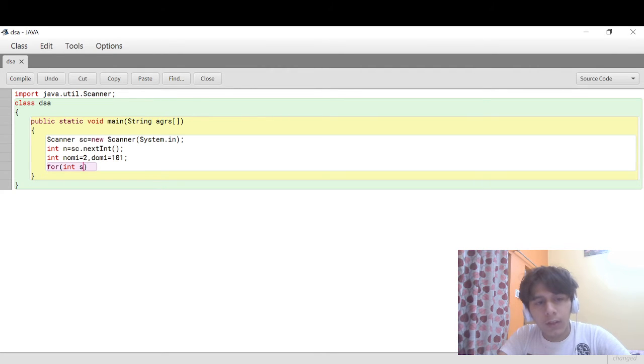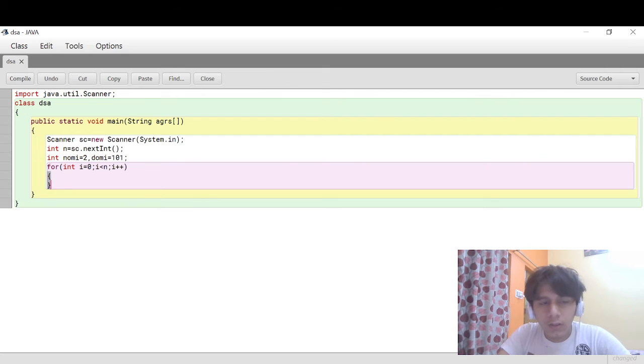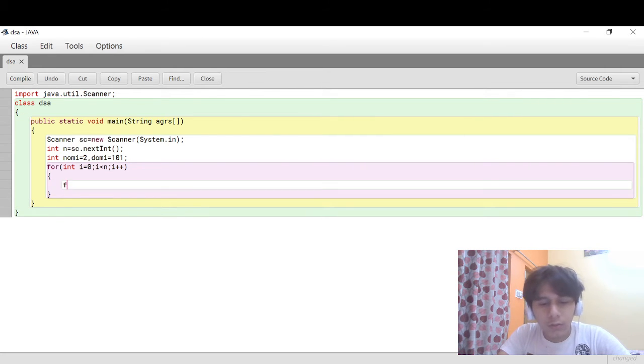Then for (int i = 0; i smaller than n; i++). And here you can see for the terms like for, the for value will be infinite.